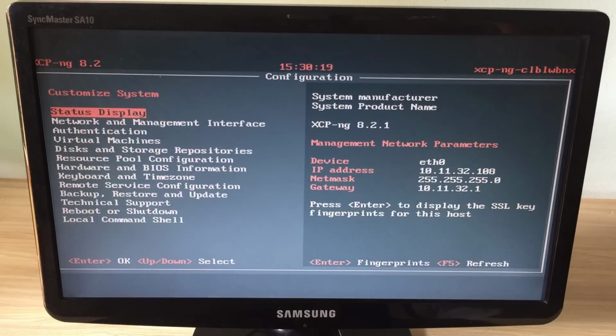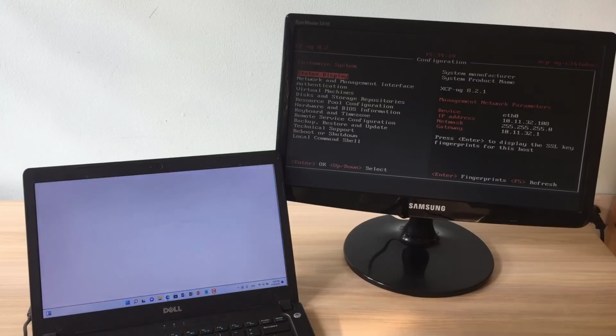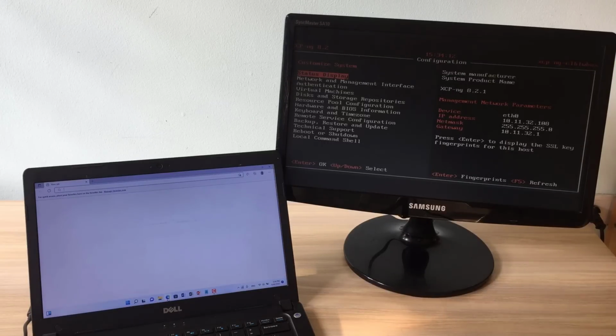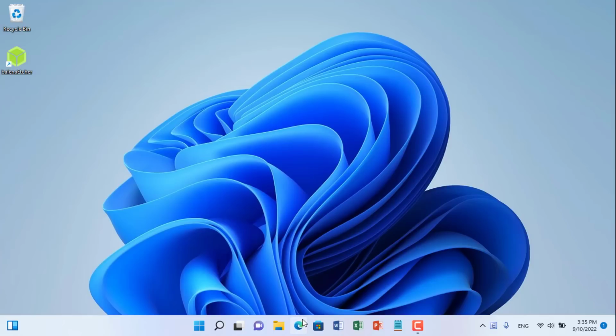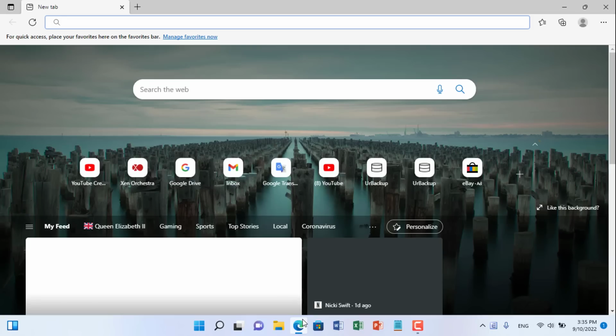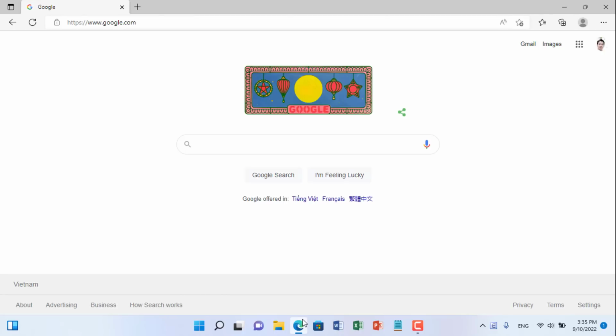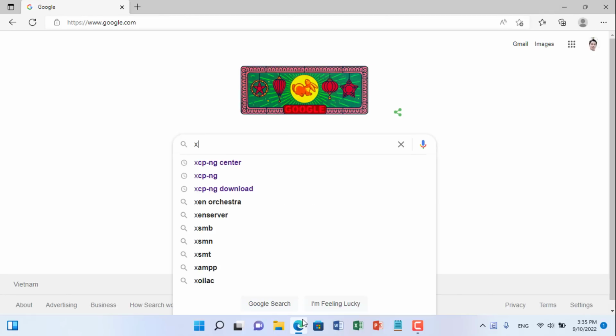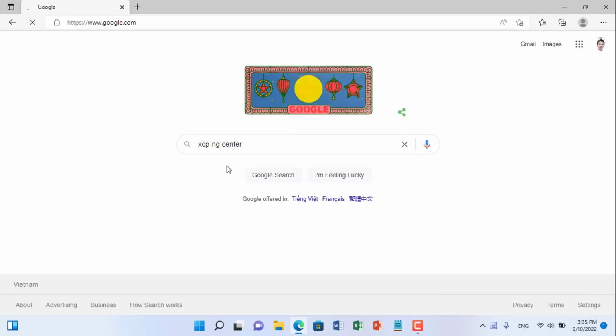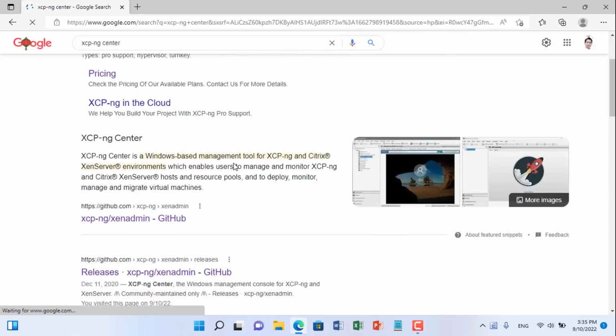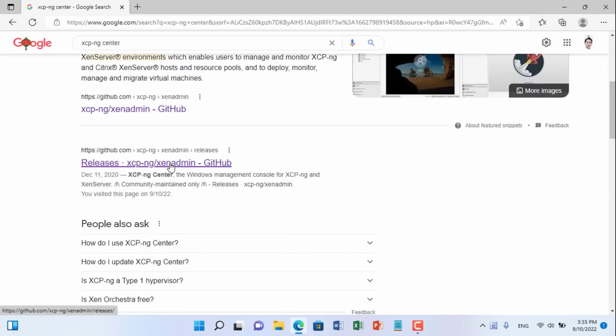So how to connect to XCP server and create virtual machine? Watch the video to see how to do it. To connect to the server, you use XCP Center software. With XCP Center, you can manage multiple XCP servers at the same time.